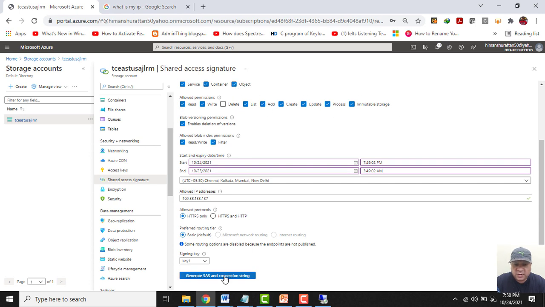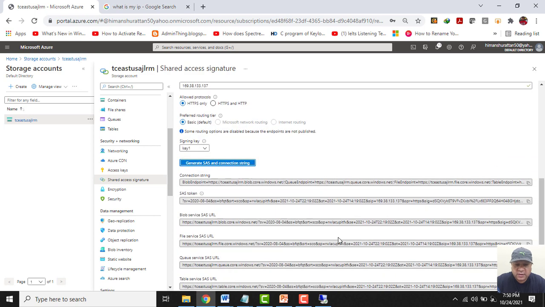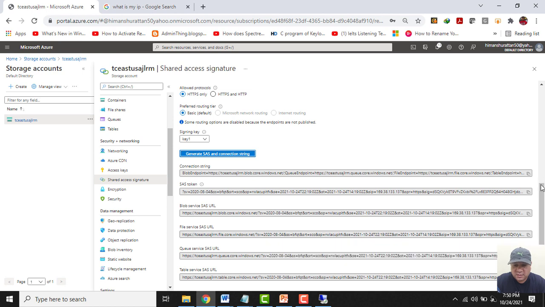If I click on generate SAS, I will get these keys over here. So I can access this container through this URL and this URL.